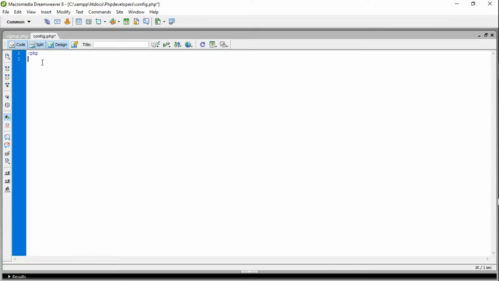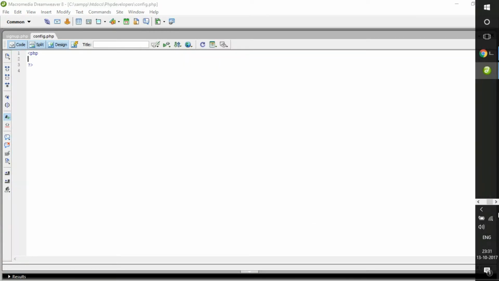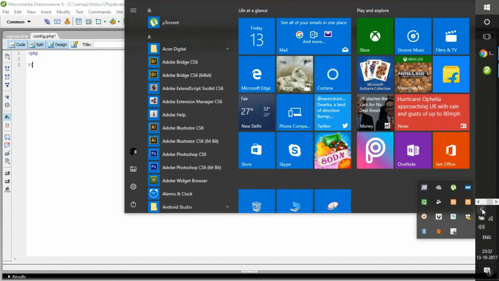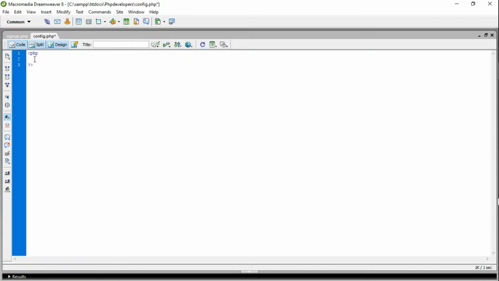So here we are writing our code of PHP. Now the first thing we will do is, so I have made a mistake here. So now we will type